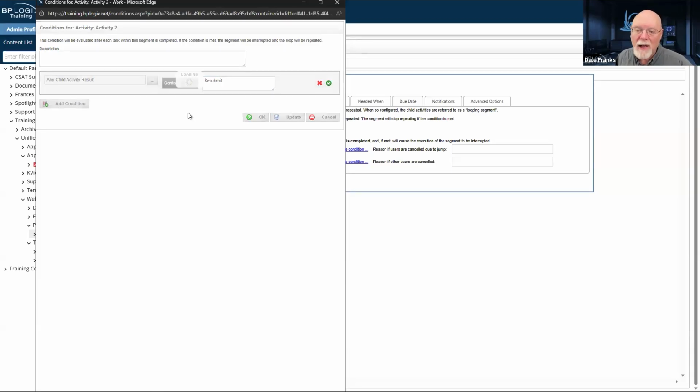If I used contains, I could be a little more loosey-goosey. So I could say request resubmittal. Well, that would work for a process timeline activity result because request resubmittal does in fact contain the word resubmit. So it does give me some freedom if I use contains. I'm going to go ahead and use equals here, and we're going to use resubmit as the standard activity, and it'll have to match exactly because we're using our equal sign.